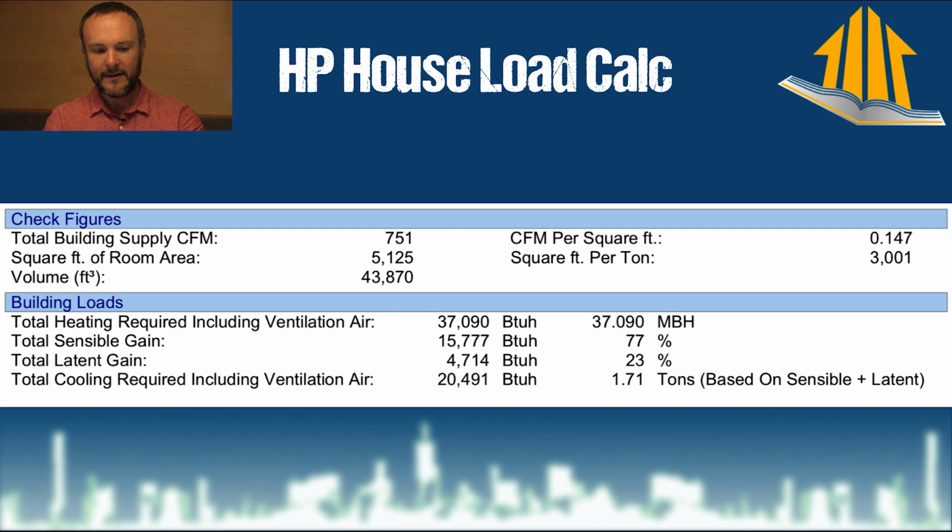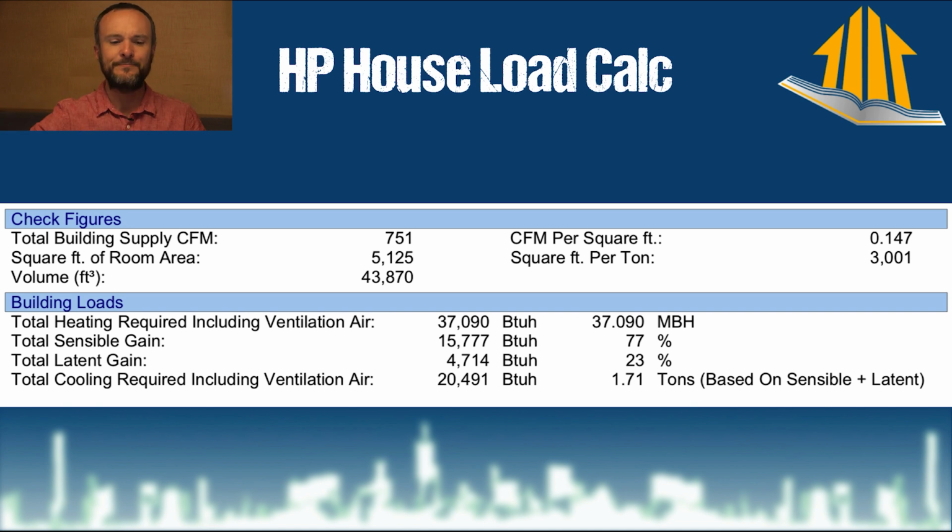The heating required, including ventilation air, 37,000 BTUs per hour. That's the whole house, which is two separate pieces. I'm going to get into that in a moment, but we've got basically the living space, and we've got a studio space, which is for music and dance. I used to be a musician. My wife used to be a dancer professionally, and we want to be able to do that in our grown-up life. So the studio is its own self-contained, insulated on its own, has its own ventilation system, its own heating